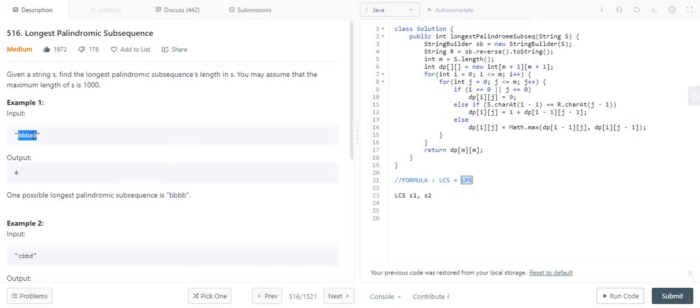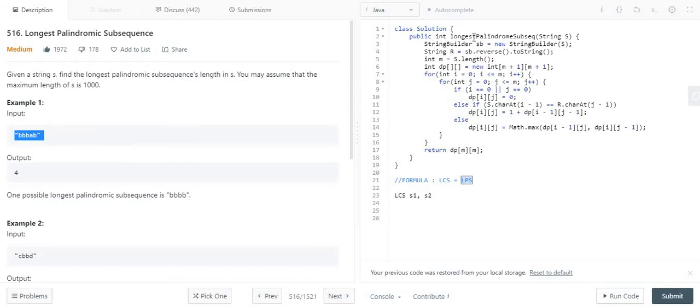So what you need to do here is reverse this string, and the rest of the things fall in the same place. Whatever logic we write for the LCS, the same logic we use for the LPS. The only thing is you have to apply the reverse of the string, so you get S2 as the reverse of S1. Now I will quickly show you the code for how to do it.